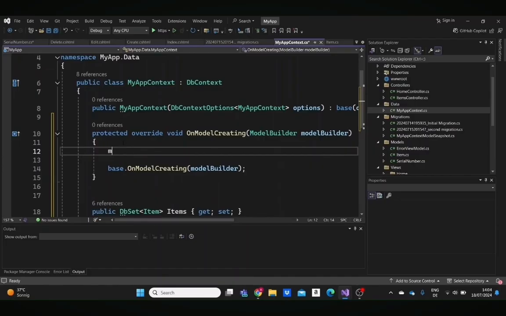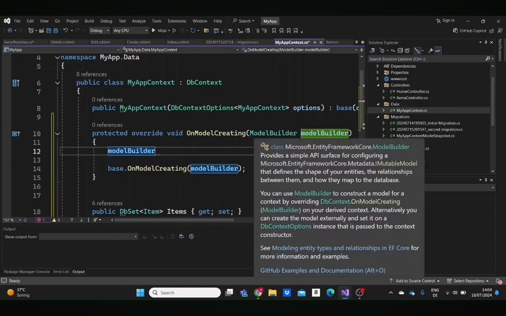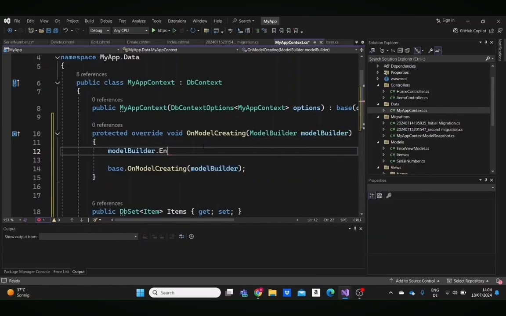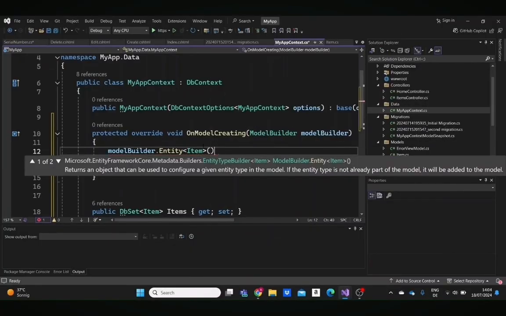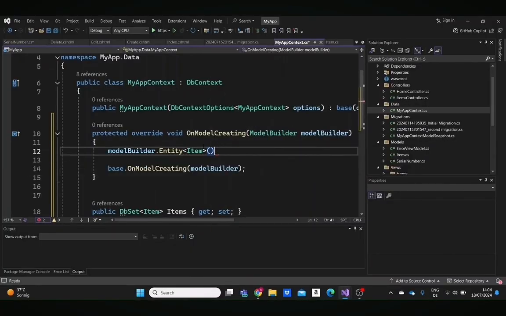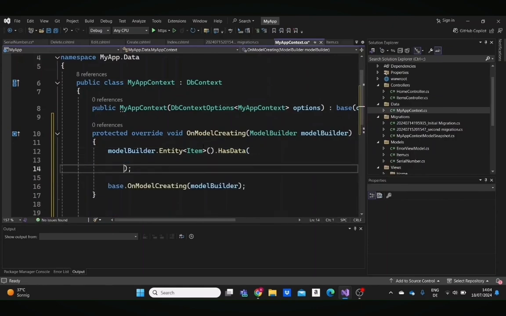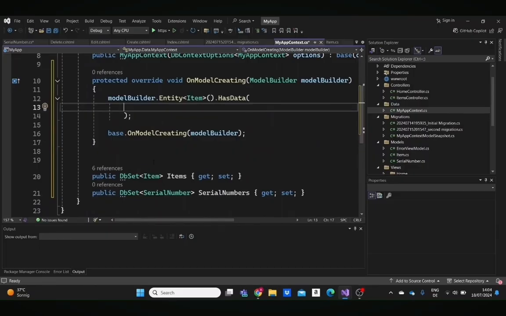So just inside this method here, I'm going to use the model builder parameter, which was the class that we'll use to add configurations. I'm going to write that entity, and I'm going to write for the item first. So I'm just going to use a method HasData here to give some data for a model, basically to create a model in our database for the item. How we can do this is I need to write here new Item,